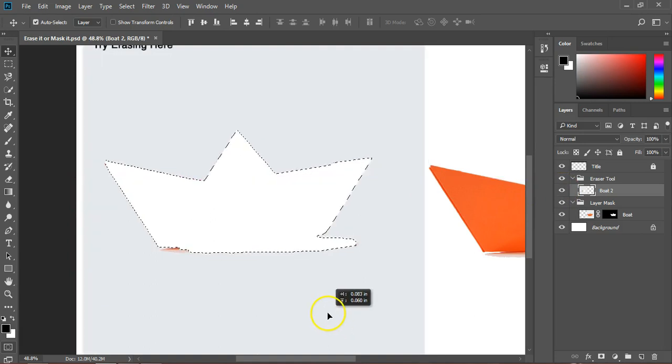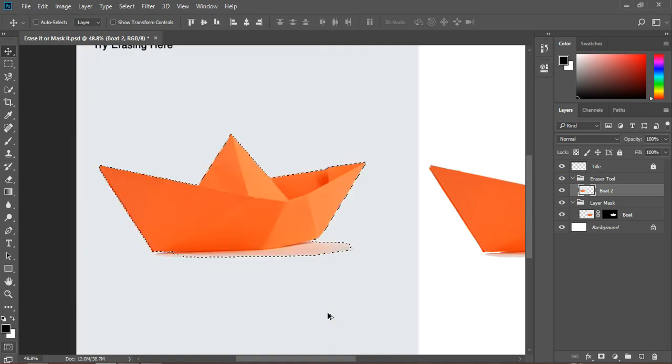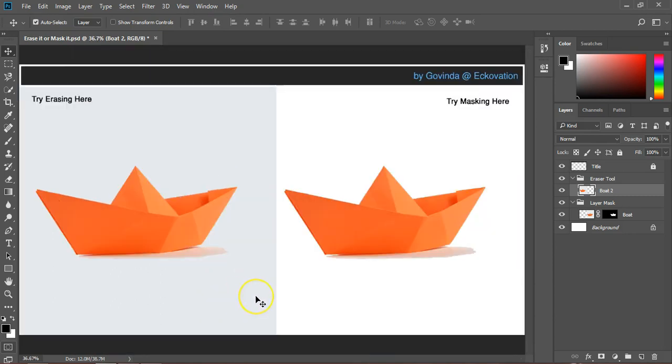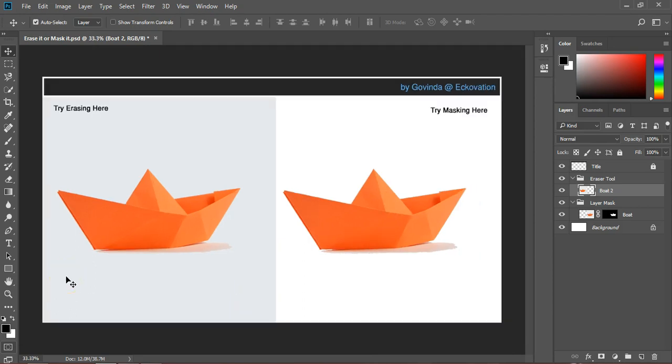So, to summarize, what we did is make a selection with the marquee tools. Other tools can also be used to do the same. Then we inversed the selection and ultimately pressed backspace to delete those pixels which were bothering us. Now there is another method which we can use to destroy those pesky little pixels, and that's called the eraser tool, as the name of the video suggests. You can find this tool in the middle of the toolbar. You can always use the hotkey E to activate the eraser tool.